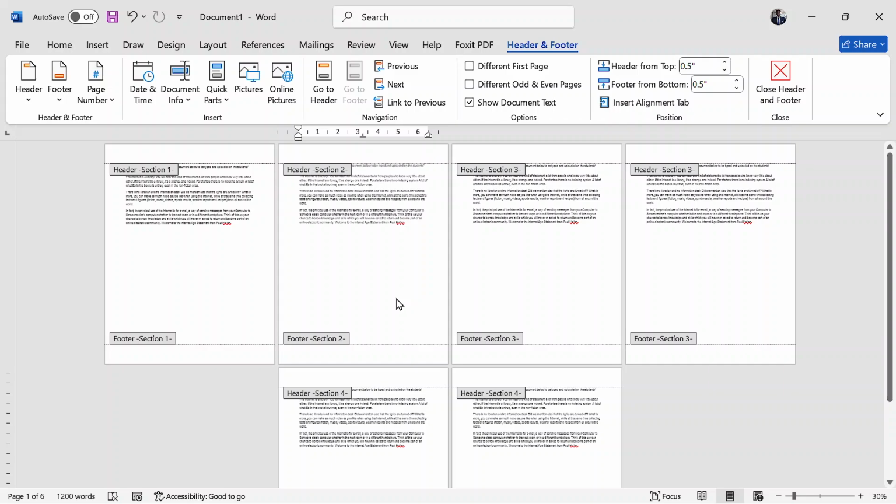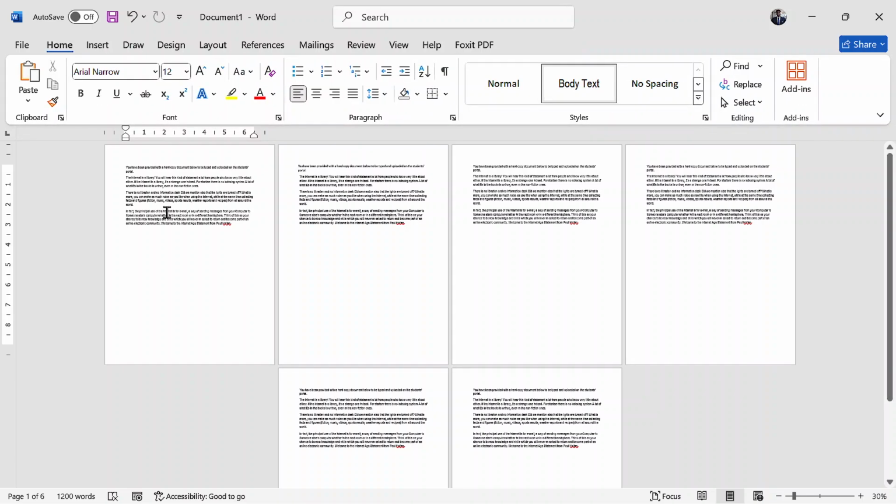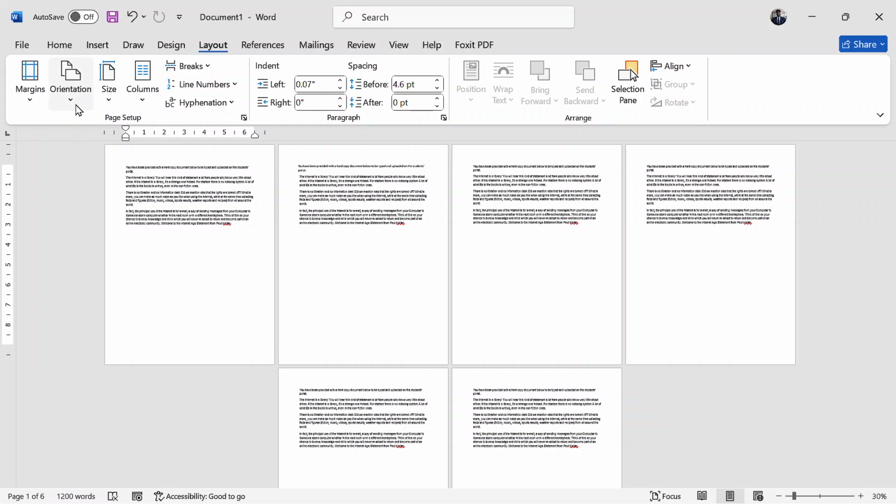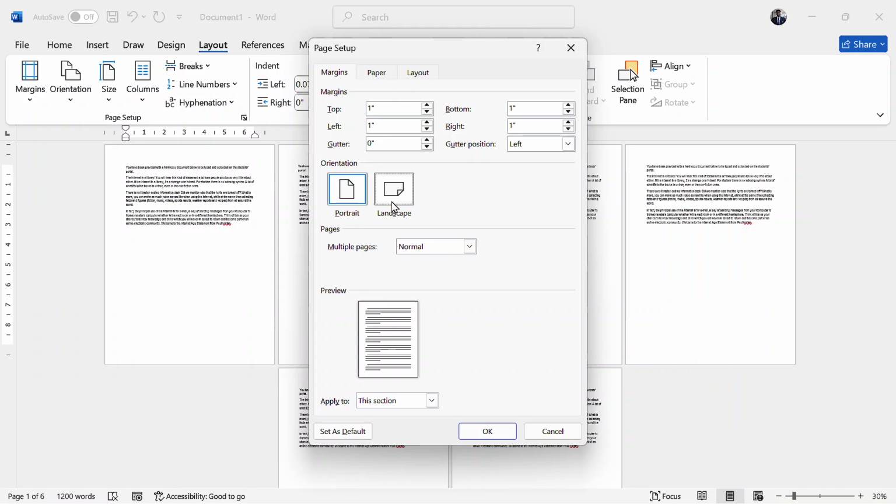I told you using the section breaks you can put a different watermark on the different pages. You can put different numbering styles on the pages, and you can as well use different page orientations. Like now, for example, when I put my cursor here on page 1, then I go to Layout, I tap on More, then I choose Landscape.